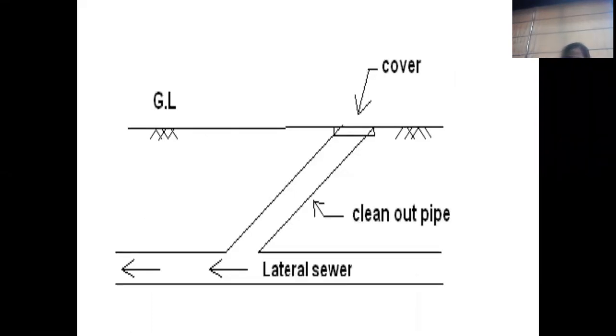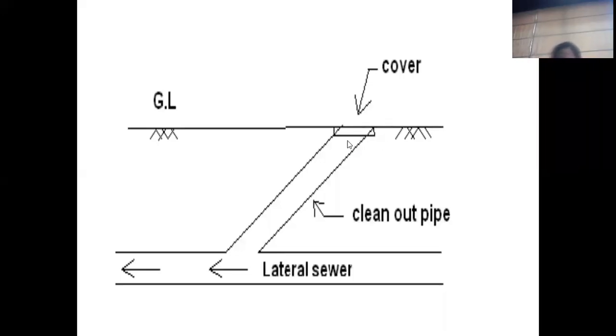Now the next one, the inlet appurtenances I have shown to you, and that is nothing but the inlet chamber. Okay, a pipe can be connected diagonally with the sewer line. Generally such types of inlet can be constructed near the house, where the lateral pipes are connected to collect the sewage, and these are very small in size. At that time we cannot construct a manhole, and without any opening, that line may get blocked. To avoid such kinds of blockages, we can make arrangement of the inlets and